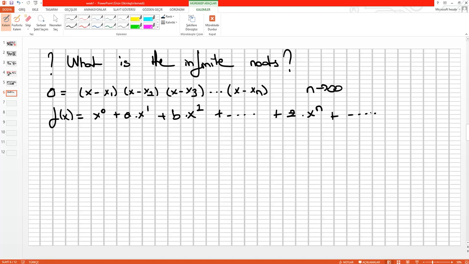Anyone knows Taylor expansion? Just check it on the internet in the next lesson, okay? And so we can define the infinite root,